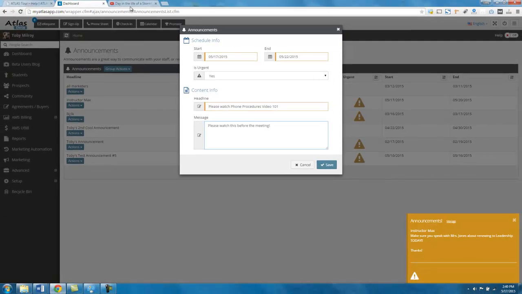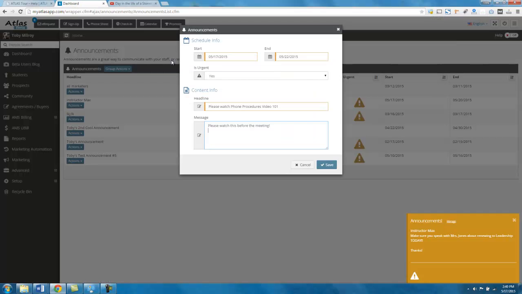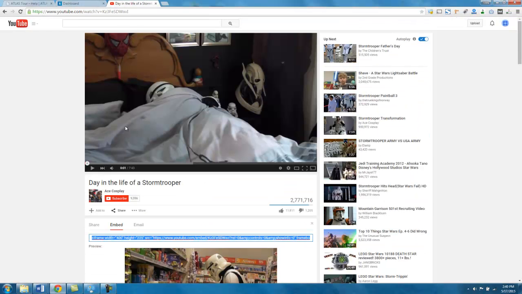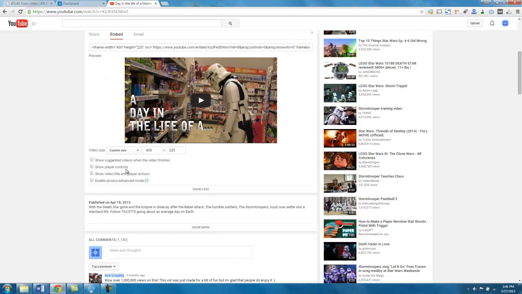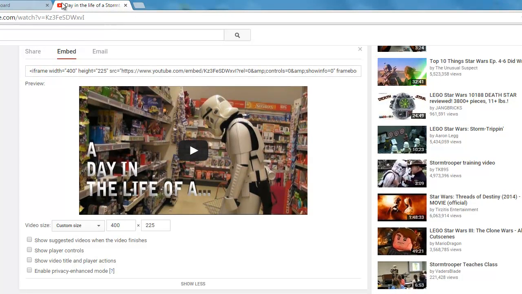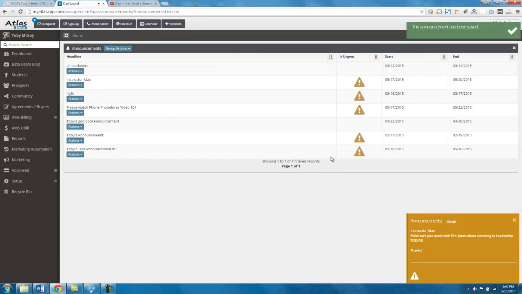And then you can go to YouTube, for example, and just grab some embed code from a YouTube video. If you don't know how to do that, you can just go to any video and go to the embed section under share, and you can set up your sizes and stuff like that. This actually takes a relatively small video, but you can set up your sizes to be whatever you want, and you can pop that in your little message area, hit save,